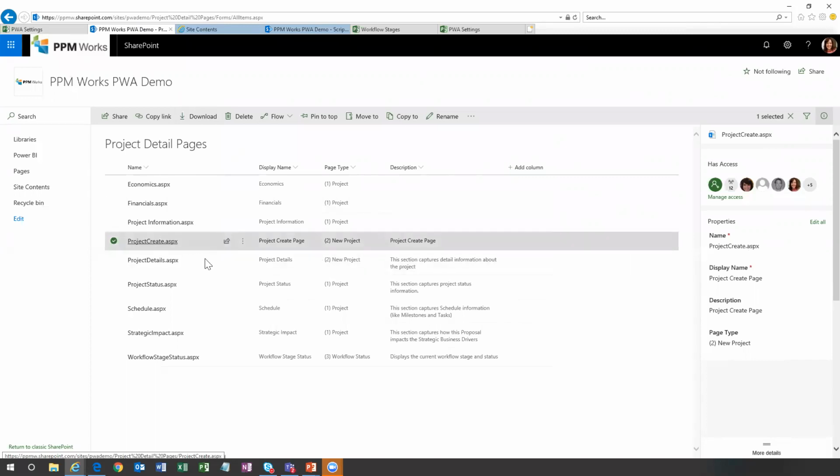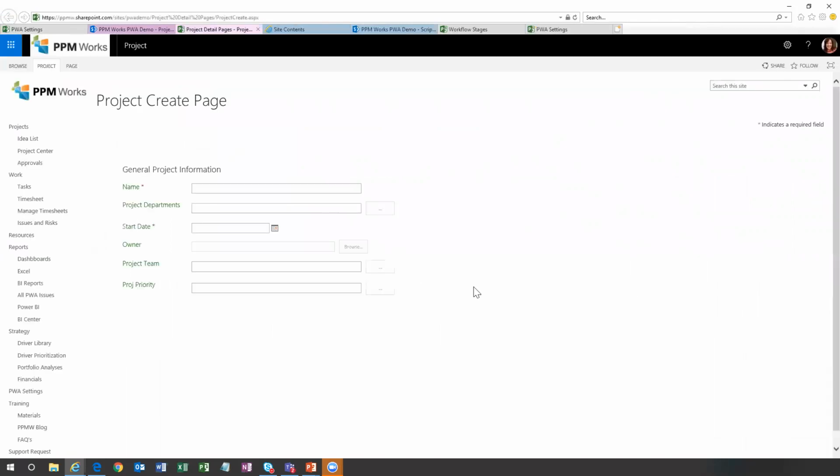Okay, so let's open this page up now. And you're going to see that we're here on a very basic general project information page. We've got a few project enterprise custom fields here on this page, and we've got 3 tabs on the ribbon here. Browse, which would bring us back from whence we came. Project, which will be what would appear when you're actually in a project looking at this project detail page. We're at the top level site now actually editing the project detail page, so all of these project buttons in the